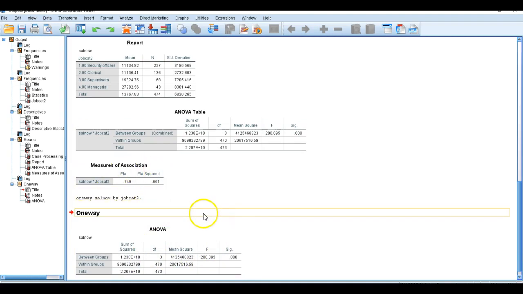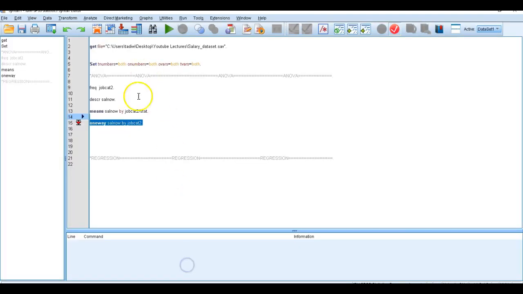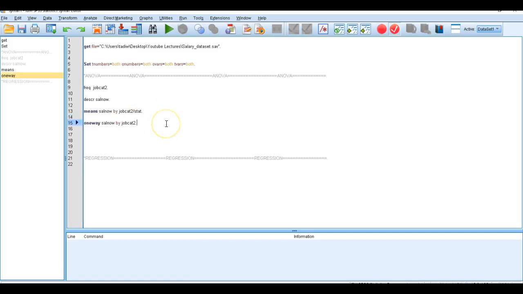The other thing which you have to know when you are looking at ANOVA, you need to further inspect to see whether each and every group is statistically significant, or the pairwise comparison of these groups. So in order to do that, you have to perform a post-hoc analysis. You can also do that using SPSS Syntax editor. If I were to come back to this second command, syntax command, and add